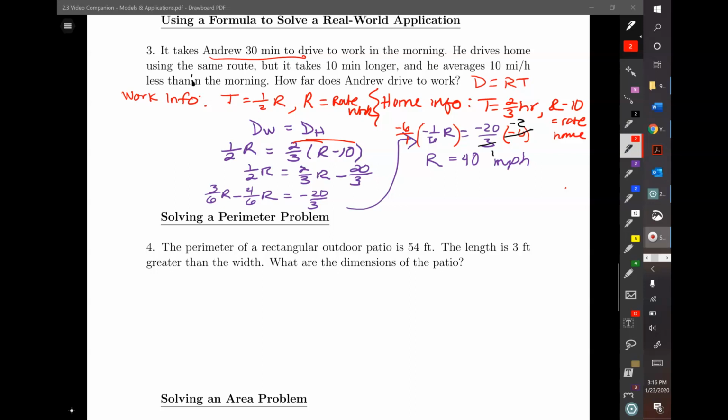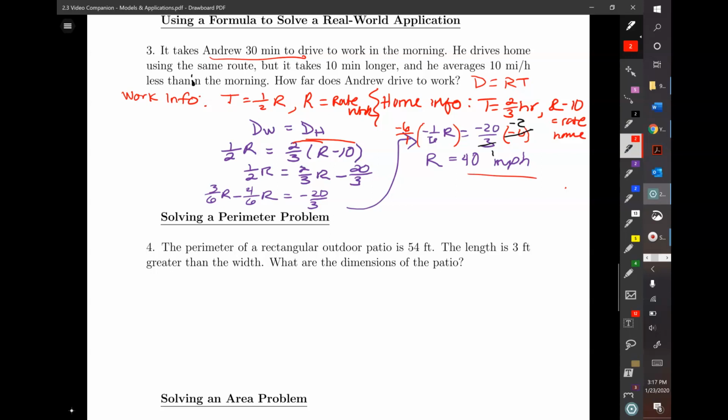But the question asks, how far does Andrew drive to work? So we need to convert that over to distance. We have two formulas here for distance. The distance to work is half R. The distance home is 2/3 times quantity R minus 10. Well, the easier one to work with is the distance to work, and they are the same. So I can just go ahead and plug it in